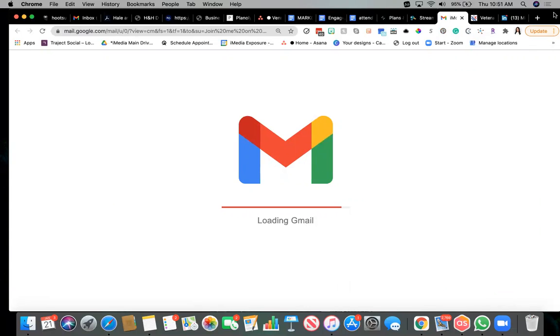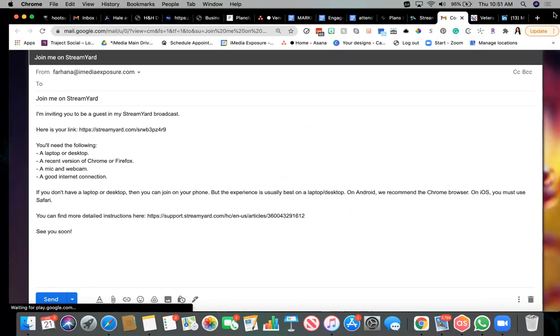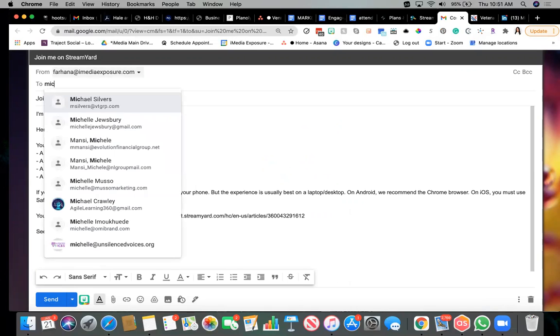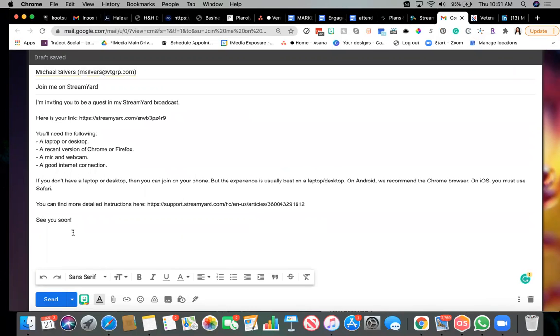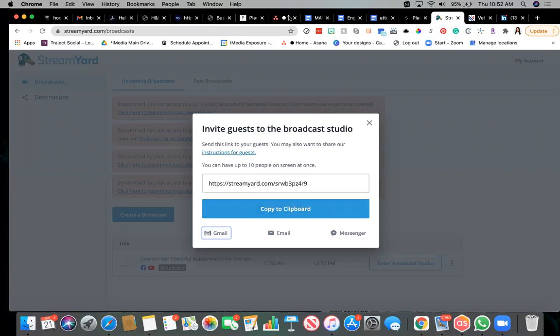Then I add copy. There are some already written directions, and we have a checklist for our best practices. I'm going to send that to him. This is just the automatic one that they create, but we have our own, so I'll just send that to him really quickly. In the future, we use the ones that are very specific to this, including the PDF for best practices for podcasting. That just says, have a quiet background, all of these things. I know Michael Silvers has a podcast, and he's